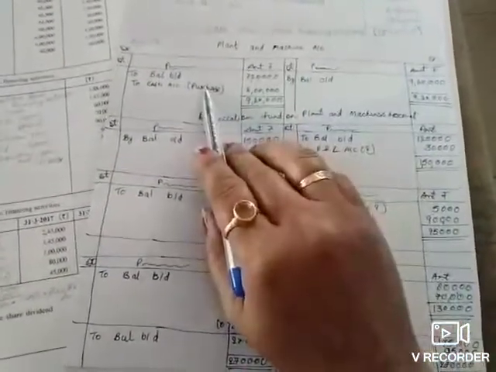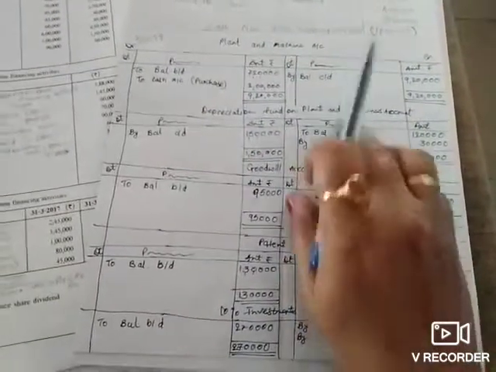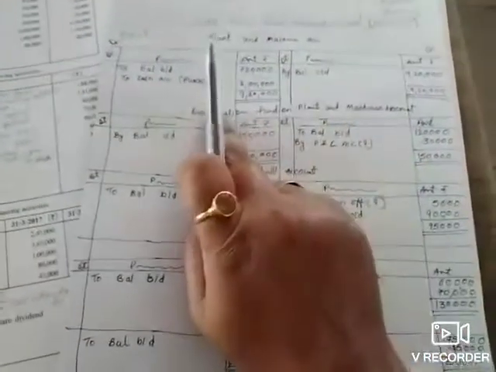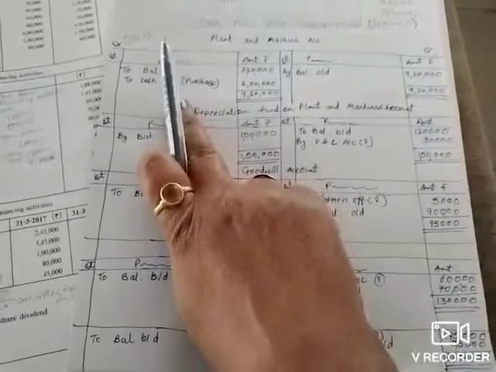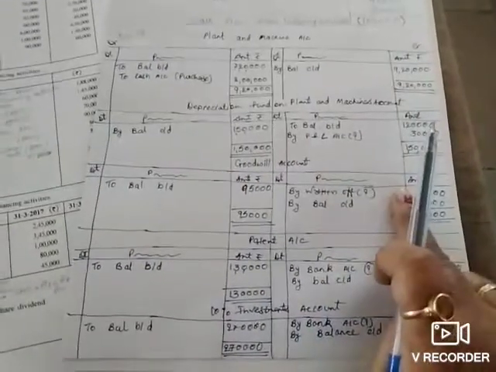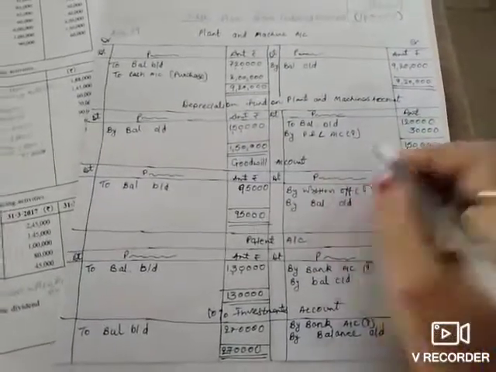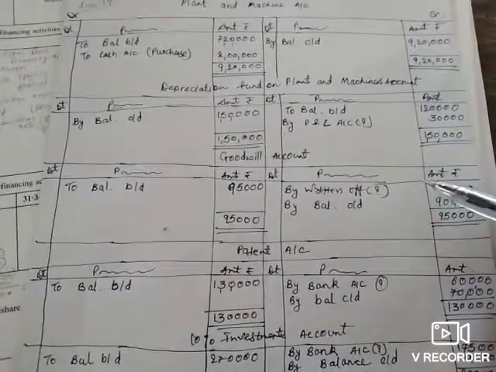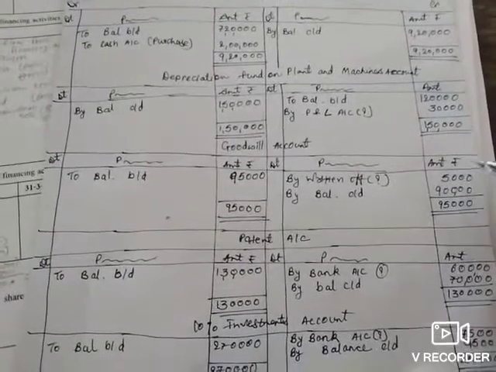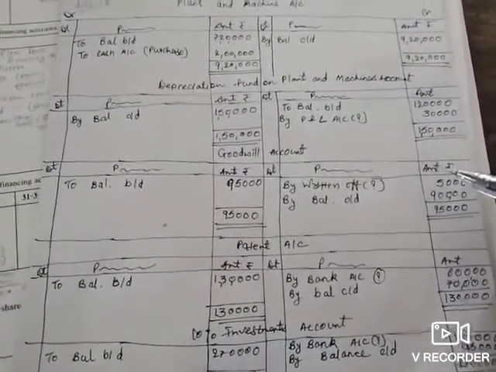तो जैसा प्लांट एंड मशीनरी का बना है, इधर ओपनिंग बैलेंस लिख देंगे, यहाँ पे क्लोजिंग बैलेंस लिख देंगे. If difference comes on debit side, that is called purchase, and if difference comes on credit side, that we record as P&L account, means that we record as... And if difference comes on credit side, that we consider as sale for fixed asset only.